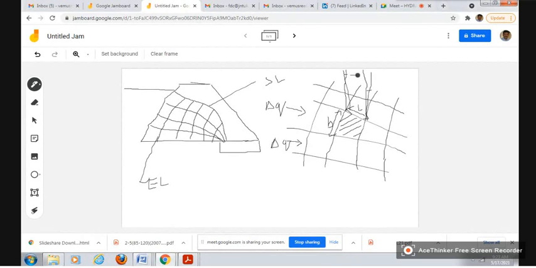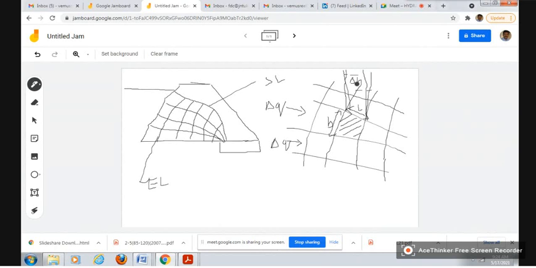The head difference between these equipotential lines, let us say, is delta H. So B is the width of the field, L is the length of the field, and delta H is the head drop between these equipotential lines. For this line this is the head, and for that line this is the head. How much is the drop? The difference in the two levels is delta H. So delta Q is the discharge passing through one flow field, right?